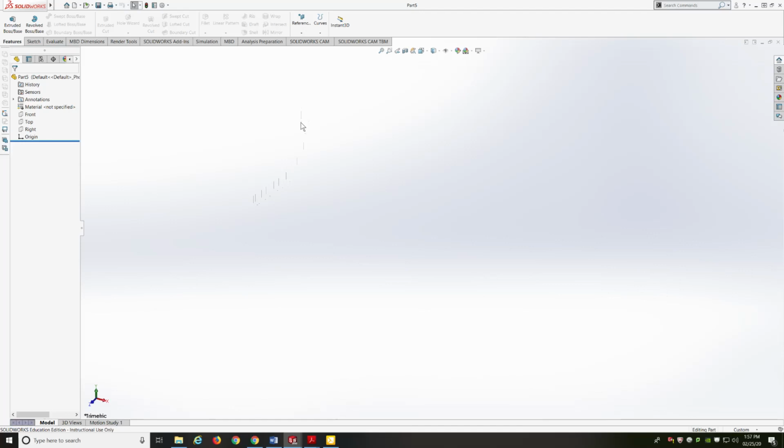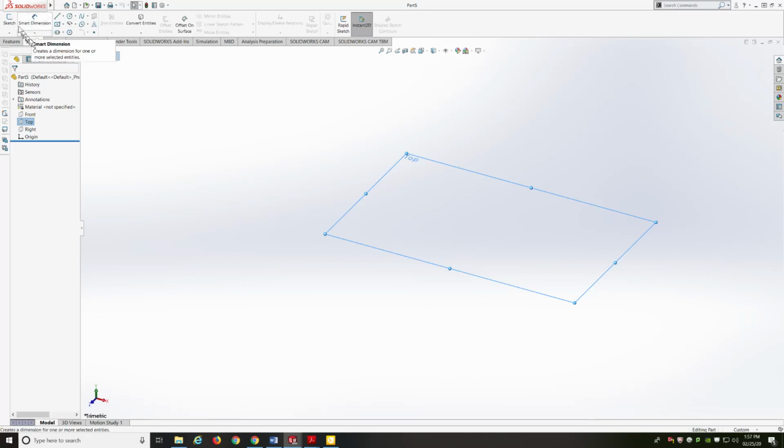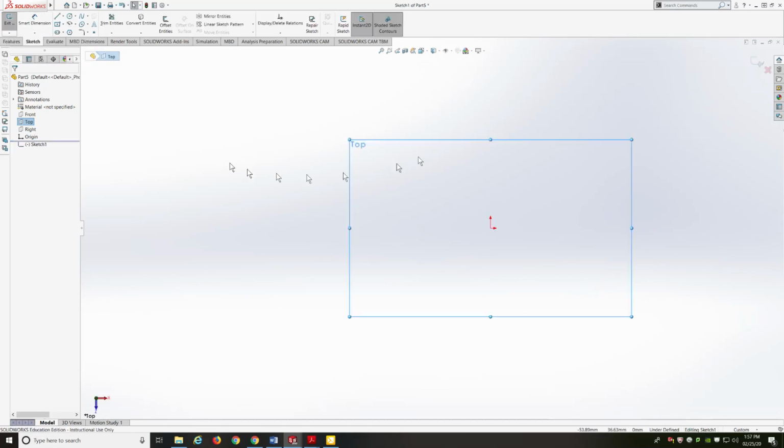With this clip part that we're going to be drawing, I'm going to start on the top plane. Left click top. I'll do it a little bit differently. I'm going to go to the sketch tab and click on sketch. That also brings me to my sketch part. Then, starting with the origin,